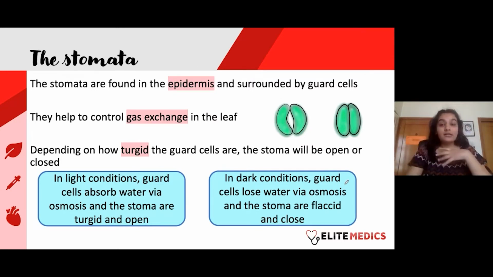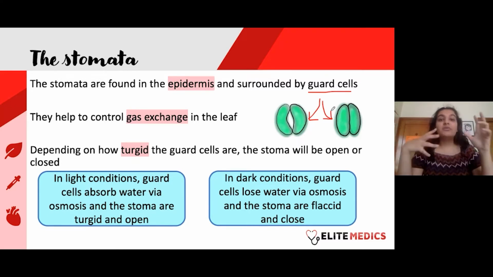Now, the guard cells are also really, really important, and I mentioned this before. So the guard cells are these little structures here. Both of these represent guard cells. Now, guard cells control the opening and closing of the stomata, because imagine if the stomata were always open. Yes, gas can get in, but gas can also get out. And the main gas we're worried about escaping is water vapor, which is basically like a gaseous version of water. We don't want water vapor to leave the cell because we need that water retained within the cell to allow